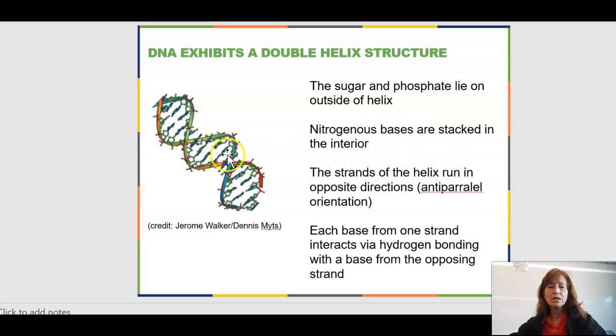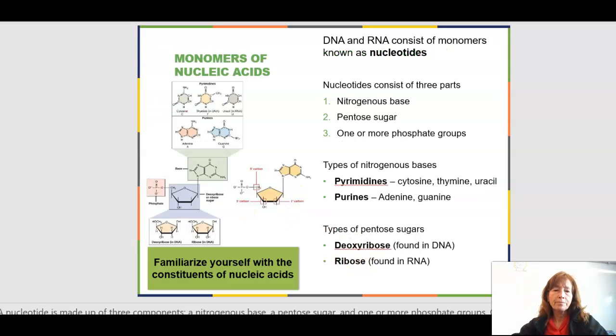So this is a helix because it has this kind of a shape, and the strands run in opposite directions. So on one side is anti-parallel to the other. We know that the bases or the nucleotides themselves join and form that backbone through something called phosphodiester bonds, which means that each one of these phosphates with the sugar on it are going to join in a particular way, namely this phosphodiester bond.